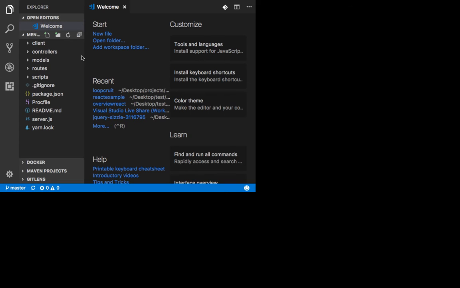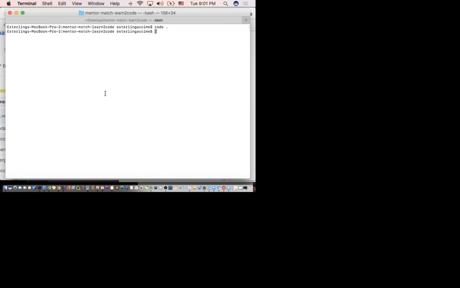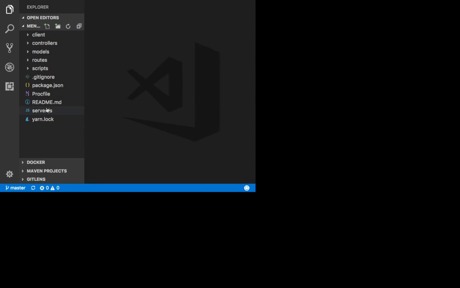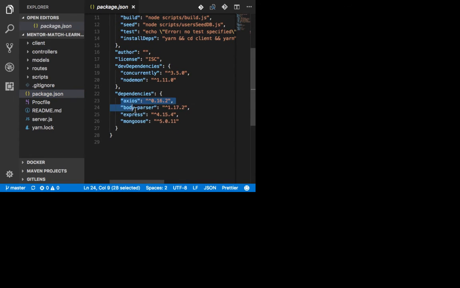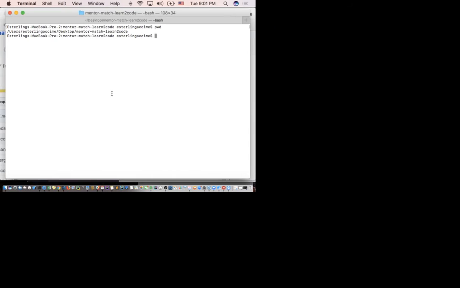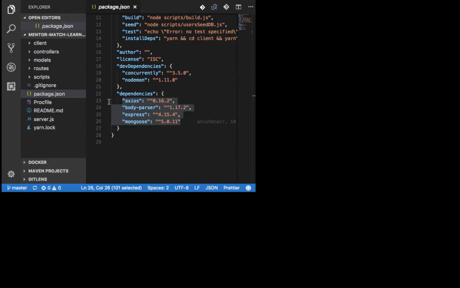Any questions? Everybody's good? Okay. All right, so here I'm going to head over to this project and look at the package.json because this is where all the packages are. There are 4 of them. And I can just do npm install and that will install every single one of them. The second thing I do when I'm looking at a project is check how many npm packages they have.